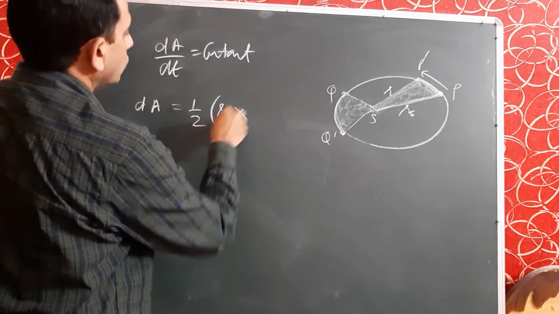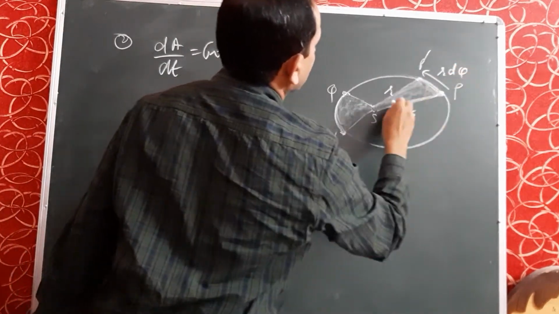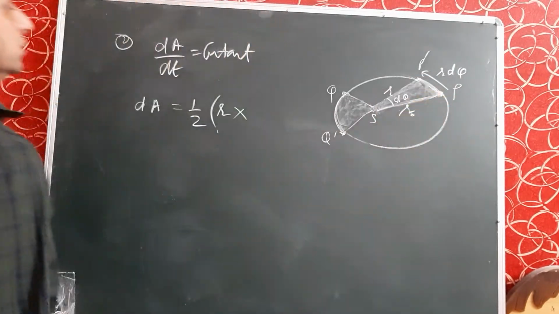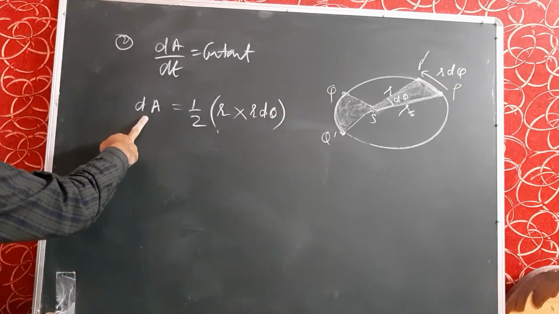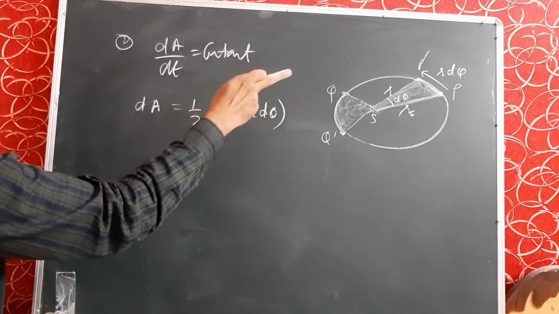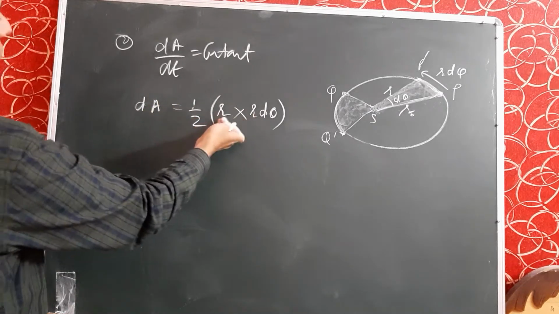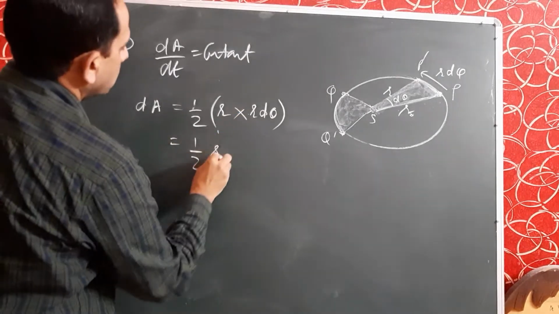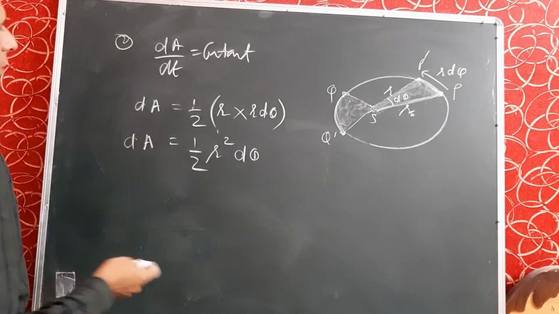So length into breadth. What is the breadth? This breadth is R d theta in the polar system. Let this angle be theta, and this arc becomes R d theta. So the area of triangle SPP dash is half length into breadth, or base into height, and it will become half into R into R d theta, that is half R square d theta. This is dA, and dividing both sides by dt,